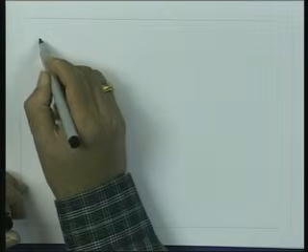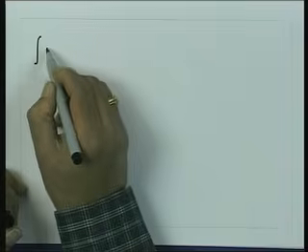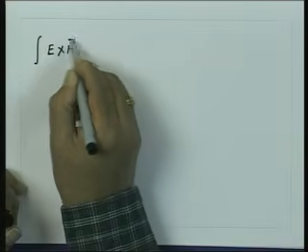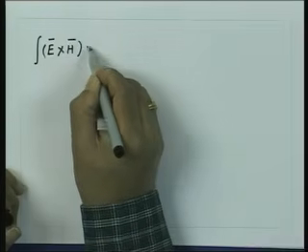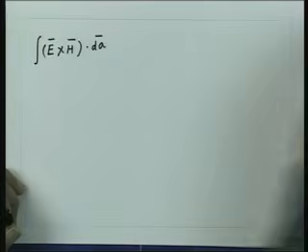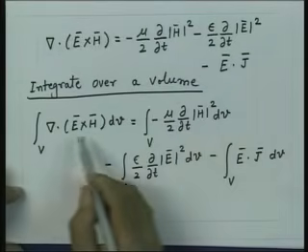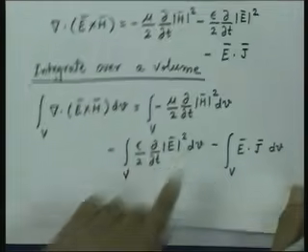So, the left side then becomes a surface integral over a closed surface, that will be E cross H dot dA, that is the application of divergence theorem. So, now the volume integral is converted to the surface integral by using divergence theorem,